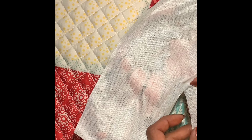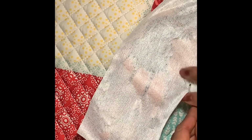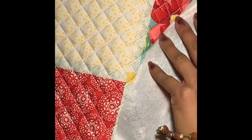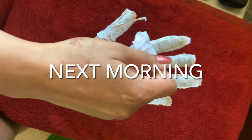You may have seen there was a tiny piece that I had cut off from the side. I used that for the thumb because there was some excess sticking out. You can reuse that. As long as it's sticky and it sticks to the design, you're good. The next thing I did was to turn the hand around and carefully snip the pieces in between the fingers. And here we are,